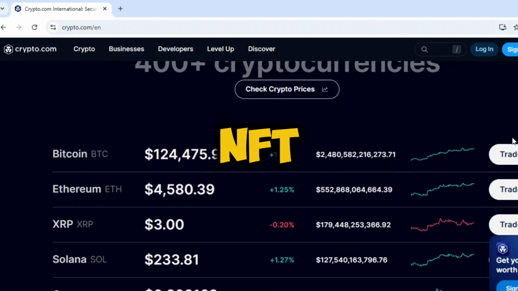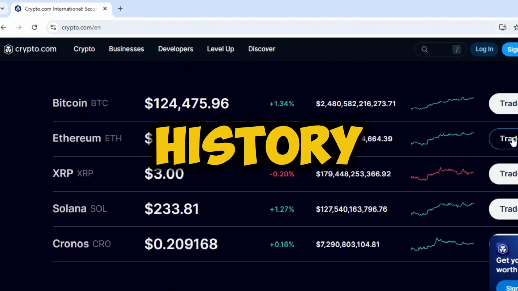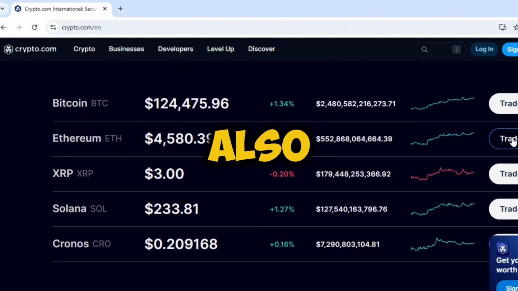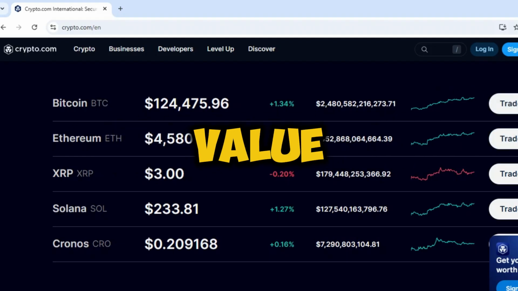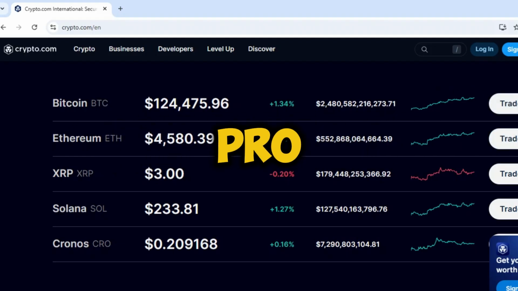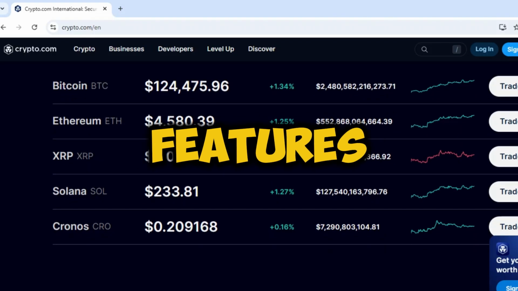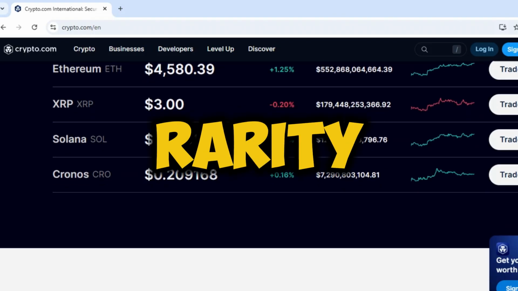Tap on any NFT to view its details, transaction history, and properties. The interface also shows current market data like floor prices for collections, helping you track the value of your holdings over time. A crucial pro tip: use the sorting and filtering features to organize your collection by value, rarity, or